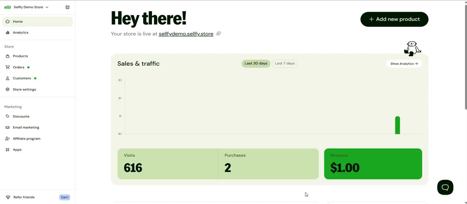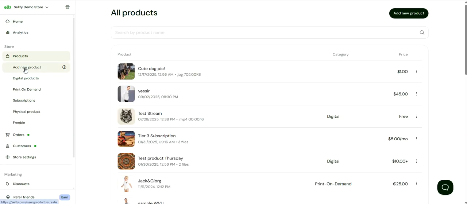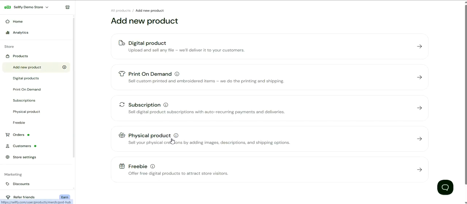One great strategy to collect email addresses and build an audience is to offer a freebie, like a free digital download or sample. To create a freebie, you'll go to Products, Add New Product, and select Freebie. Once your freebie is live, share the link with your audience on social media, an existing website, or wherever your